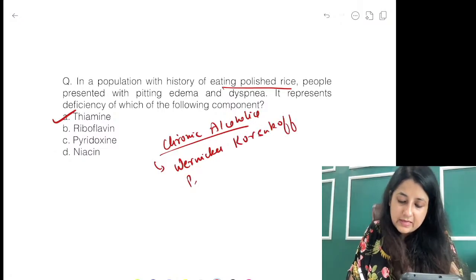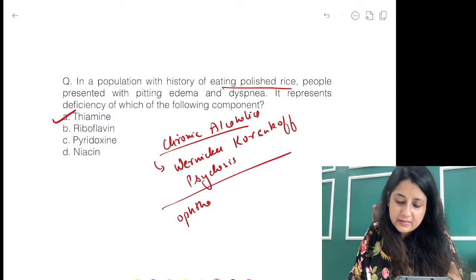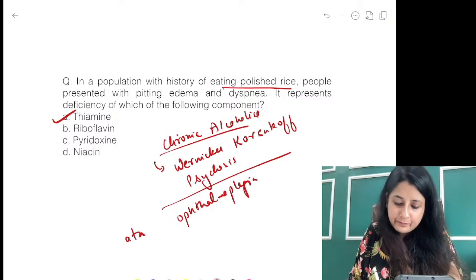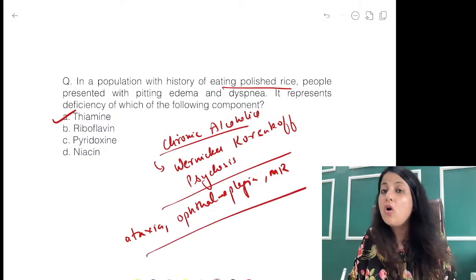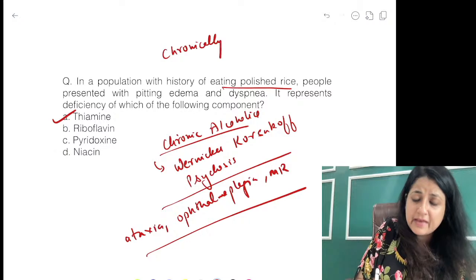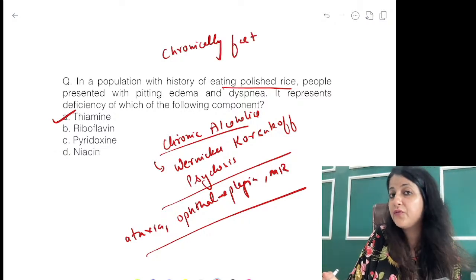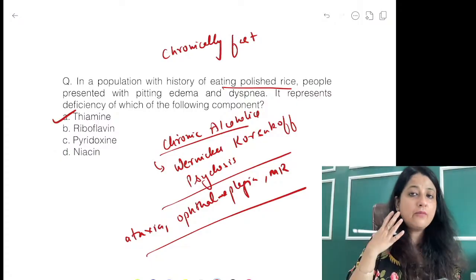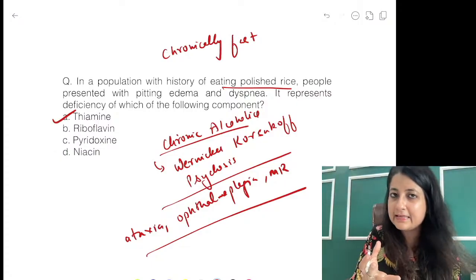Wernicke-Korsakoff psychosis. What happens in this? Ophthalmoplegia, mental retardation, okay, depression. Ophthalmoplegia occurs, ataxia or mental retardation. So they can give you all these three conditions. Also people who chronically fast, most of the time they are fasting, they also suffer from thiamine deficiency. And one more question that could come, guys, if I ask you, is rice a good source